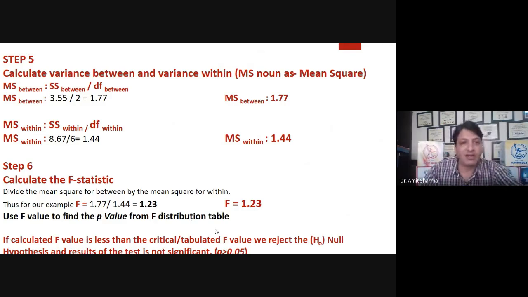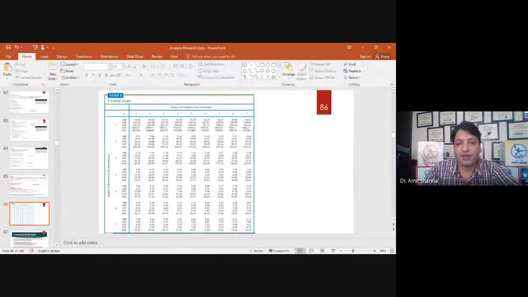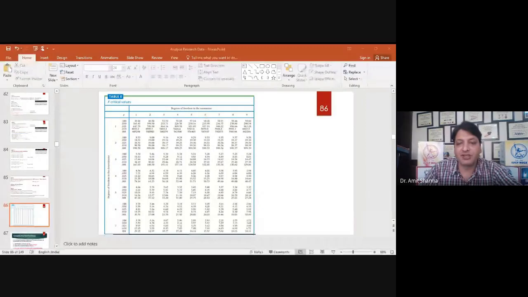I will let you know how to do it with the SPSS software. I will share the screen of the software. First, let me check that I'm using the same sheet. See, in the presentation, you are going to find which sheet I'm using.